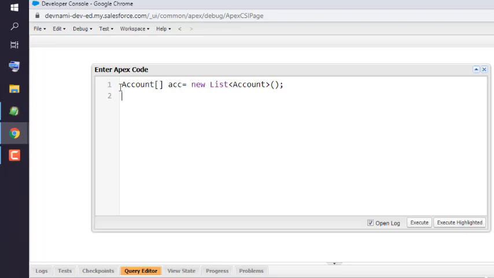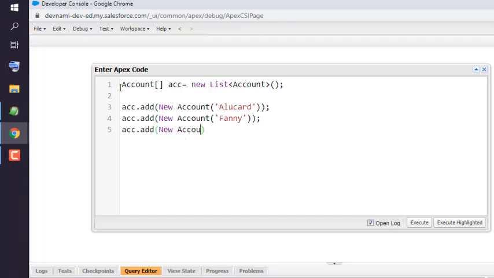and then once we created the list, we have to add some new accounts with names. So new Account, and I'm going to add some names from the game I play. So acc.add(new Account). Okay, so I'm adding minimum 3 accounts here, as you can see,